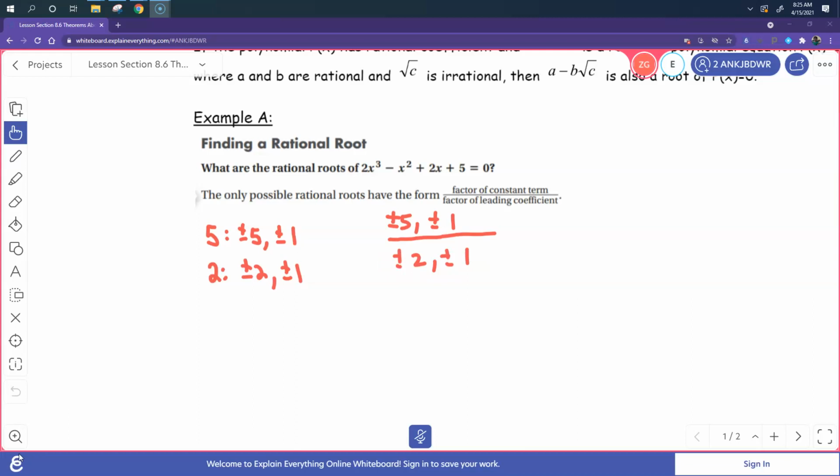So if you wanted to list the possible solutions, it would be 5 over 2, plus or minus 5 over 1, which is 5. And then we go to 1, so we have 1 plus or minus 1 divided by 2, or we have 1 plus or minus 1. So these are your possible answers, and I'm going to write here on the side possible